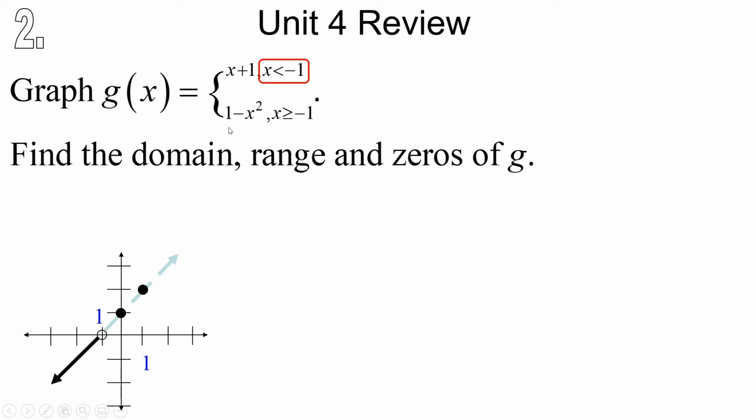But then we have to add 1 to that, which is going to slide the vertex up 1 unit. So my vertex of the parabola is going to be at the y-intercept (0, 1), right there. All right. And then what are the zeros of this parabola? Well, when does 1 minus x squared equal 0? When 1 equals x squared, or x equals +1 or -1, right here and right there,